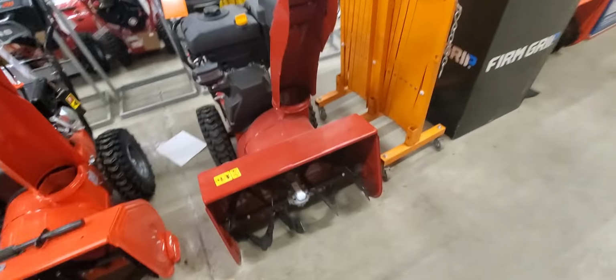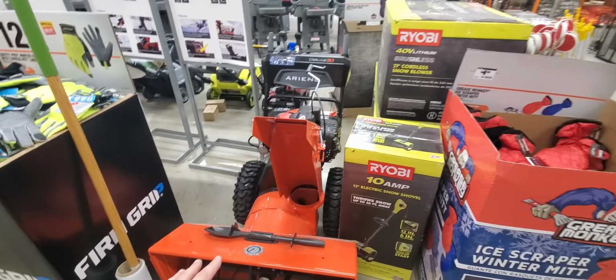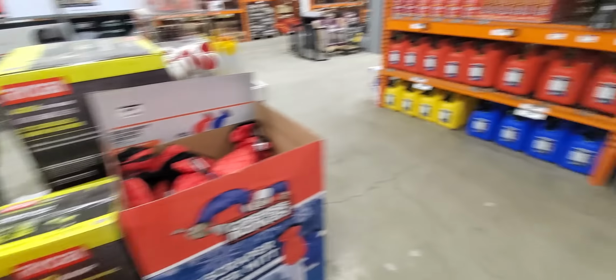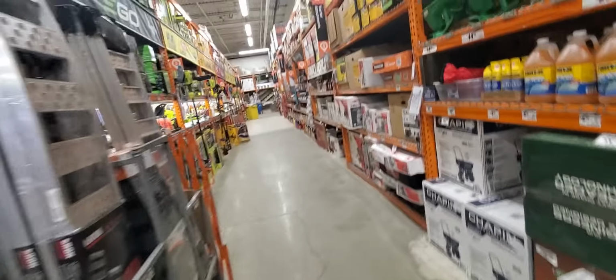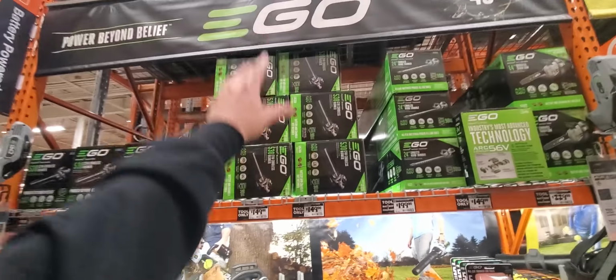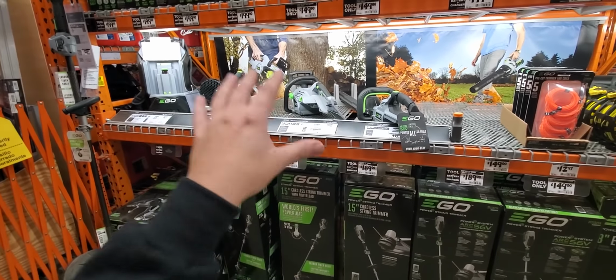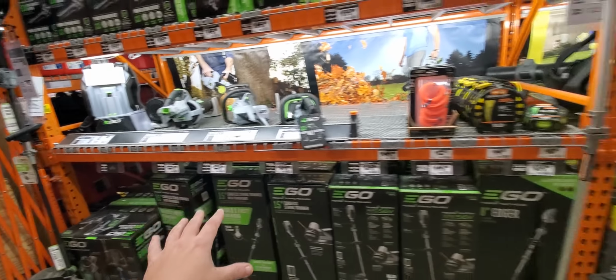It all depends on where you live, of course, but I'm sure they're going to have to do something with these snow blowers because they're just an incredible buildup. Look at all these blowers. They're getting ready for the Ego stuff here. Now, there's a new Ego blower coming out, and